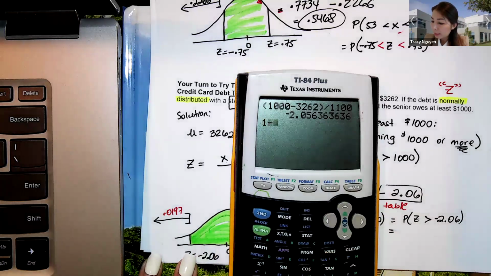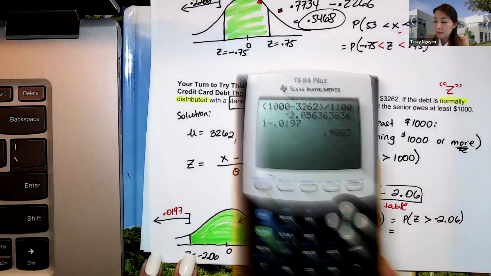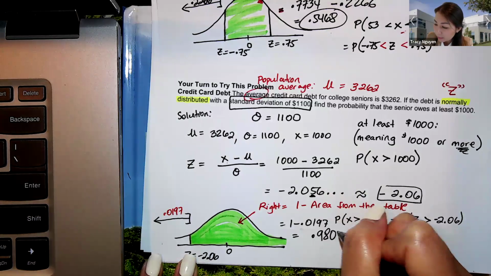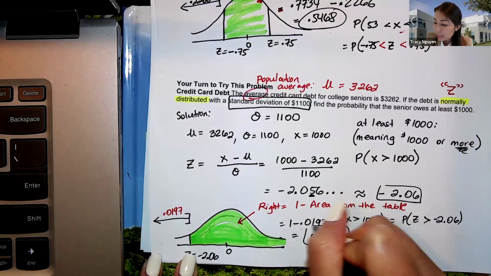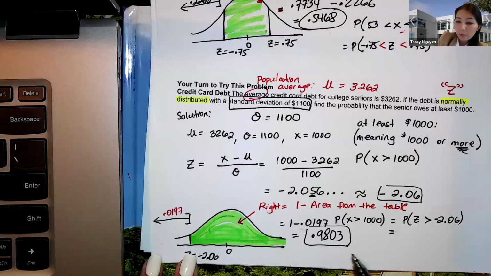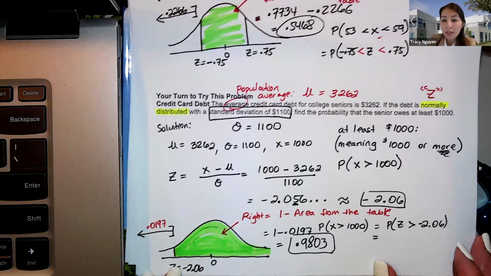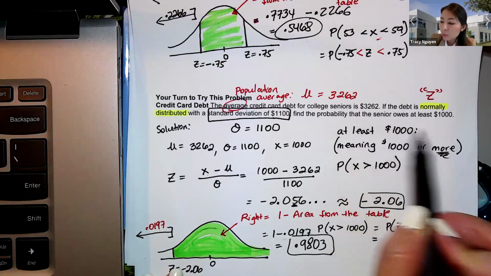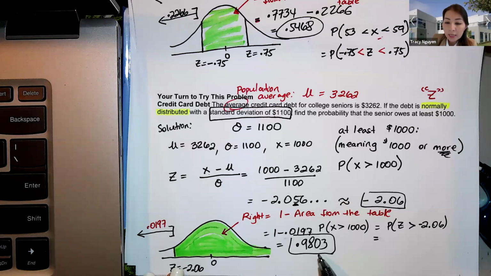So 1 minus 0.0197, we get 0.9803. So 0.9803 in percent, meaning this is 98.03%, okay? So the probability that the senior owns at least $1,000 is